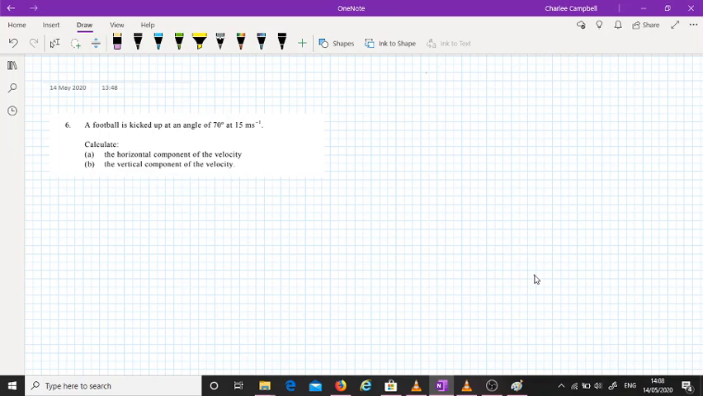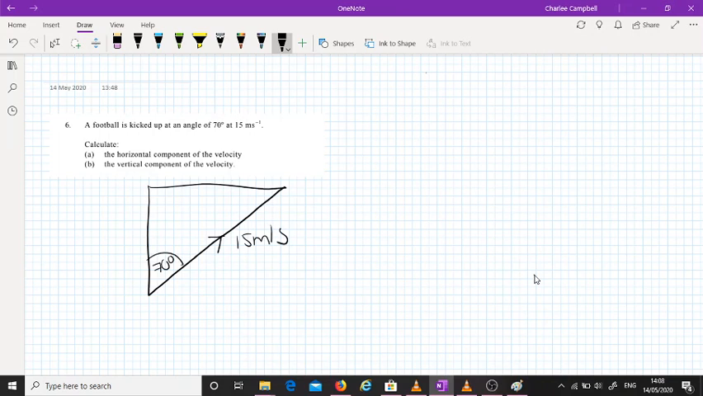So a football is kicked up at an angle of 70 degrees at 15 meters per second. So I'm just going to draw a straight line for reference, and then I'm going to do an angle that's roughly 70 degrees. It doesn't actually physically have to be 70 degrees because we can work out what we need to know using trigonometry rather than a scale diagram. That's a terrible straight line. So that's 70 degrees. So this is our ball being kicked up at an angle of 70 degrees at 15